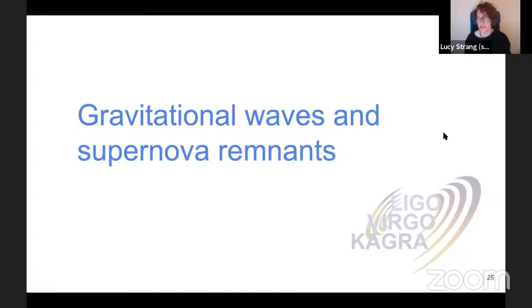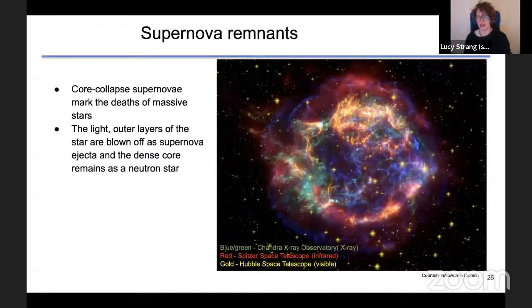So if we go on to the next slide, we should see a false color image of a supernova remnant known as Cassiopeia A. And I chose this image as an example of a target we've actually looked at recently. Now, each of the different colors in this image refer to different observations from electromagnetic telescopes. And this is a core collapse supernova remnant. So a core collapse supernova is what happens when a massive star more than 8 times the mass of the sun dies. The outer layers get blown off as all of the lovely colors we can see here.